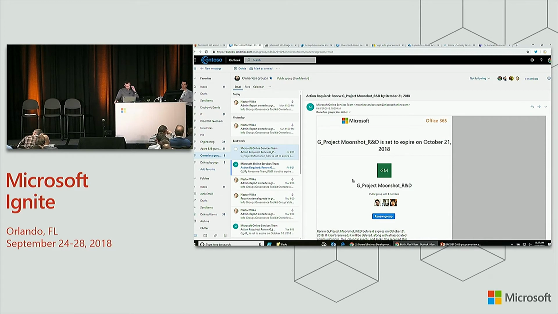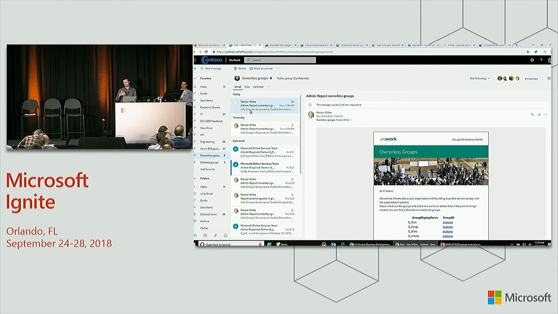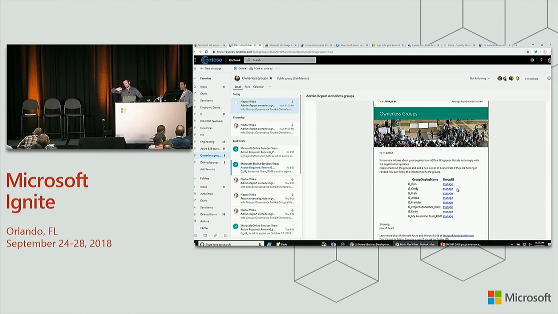The other thing about ownerless groups, since it's a popular topic, is that what you're seeing above is one of the code samples you can do, one of the results of using the API to take this a step further. And there's a session tomorrow about real-world best practices, and Thursday that shows you how you can do this stuff, which is, hey, can I generate an email with all the ownerless groups and maybe provide a hyperlink to Azure AD so I can take action? So again, the idea is we have out of the box, but you can also go a step further depending on what processes you have at your organization.